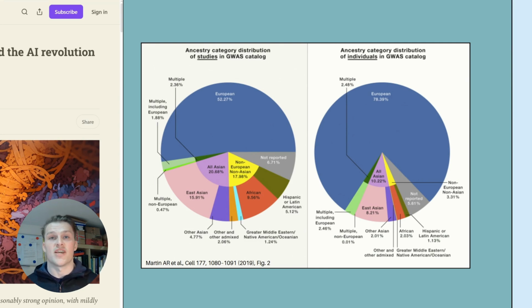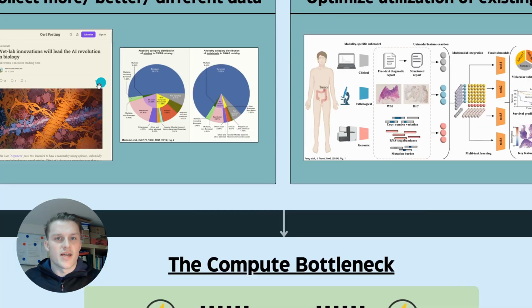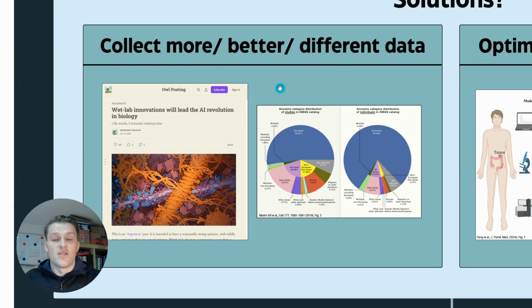This bias means that predictions for disease outcomes, drug responses, and genetic risk factors often perform well for individuals of European descent, but fail to account for critical nuances in underrepresented populations. But in general, yes, collecting new types of data, whether that's single cell measurements, spatial transcriptomics, wearable sensor data, or anything else, could be a real game changer. These will allow current machine learning models to capture layers of biology that traditional bulk datasets miss,